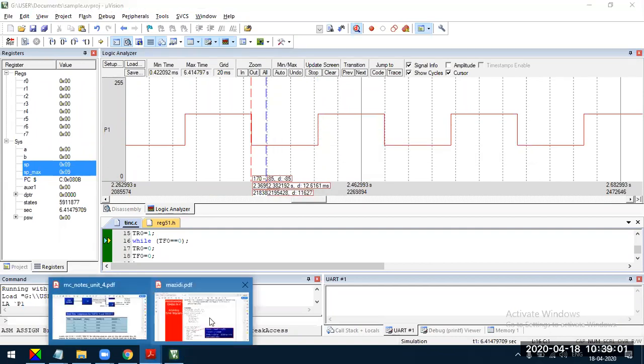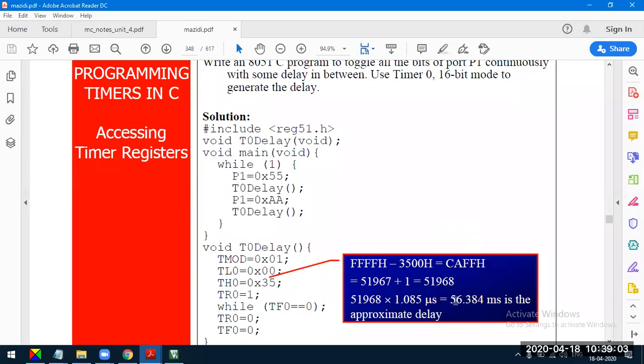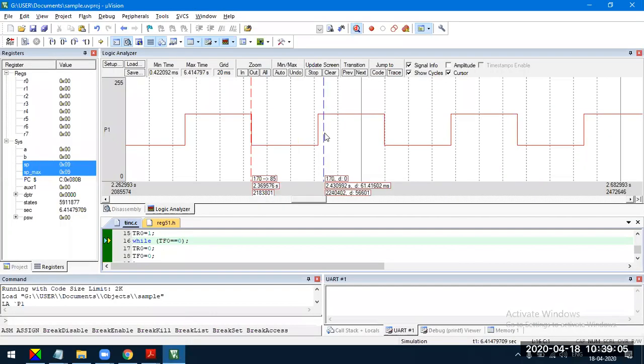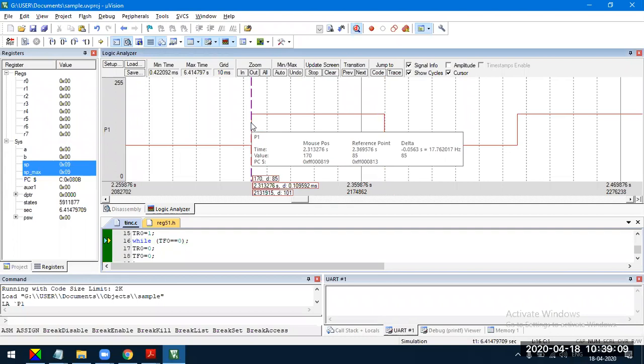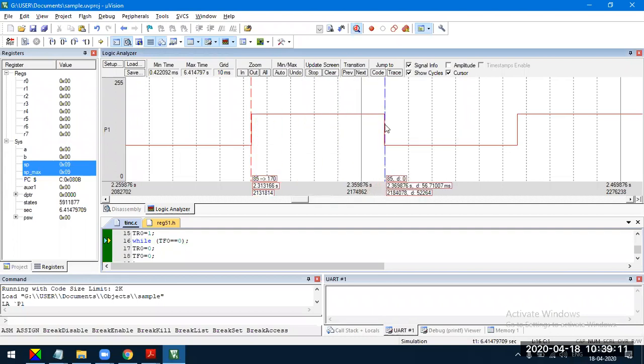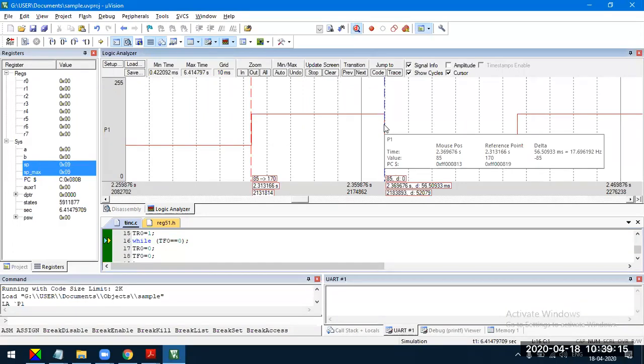What is the actual value to be generated? 56.38. Anyway, it's not accurate. If the point of measurement is not accurate, it will give some wrong value. 56.5. Now it is indicating 56 point something. The actual value expected is 56.3 milliseconds, approximately close. As I said, it may not always be accurate.